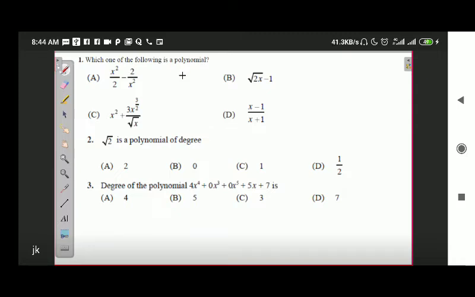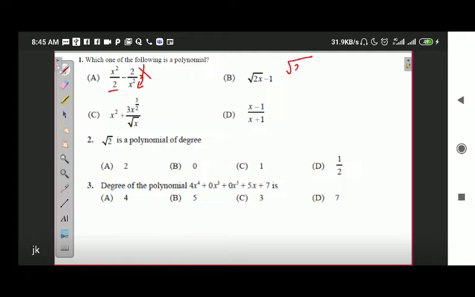Okay, so what we have discussed earlier is that a polynomial is a function in which the highest power or the powers of a variable are natural numbers. So we'll discuss one by one whether the given statement is a polynomial or not. In the first one, the first term can be termed a polynomial because x is at the numerator, but as x comes in the denominator, it is no more a polynomial.